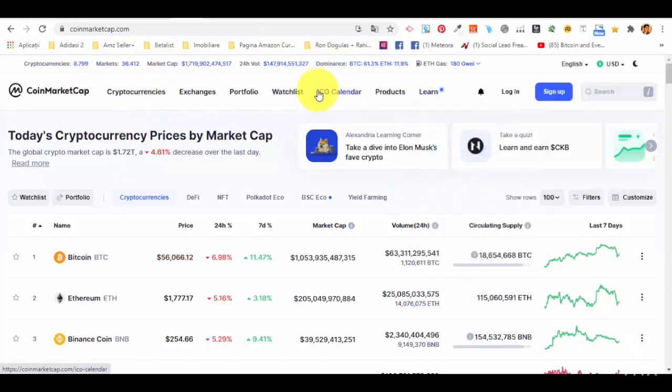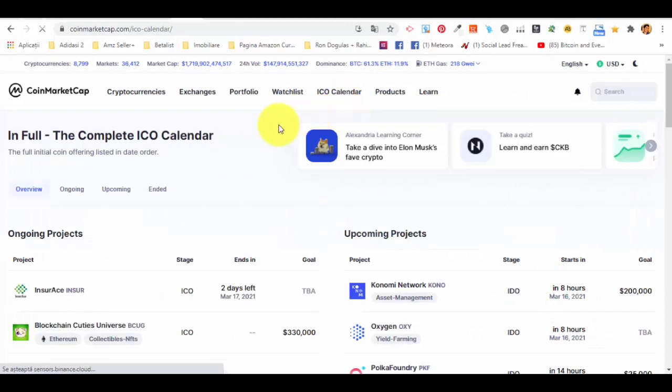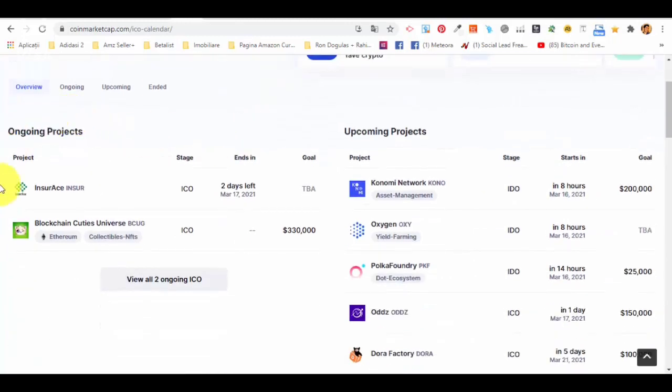And on coinmarketcap.com you have here ICO calendar in the menu. If you click on the ICO calendar, you can see which are the ongoing projects. So for the companies that you may want to invest in, it shows you the projects in which you can invest. And then you have upcoming projects,